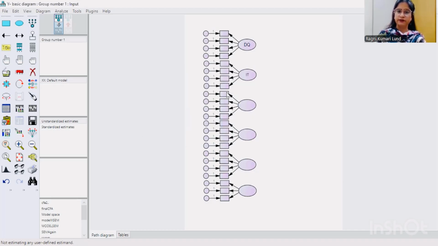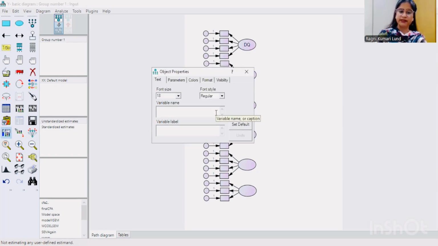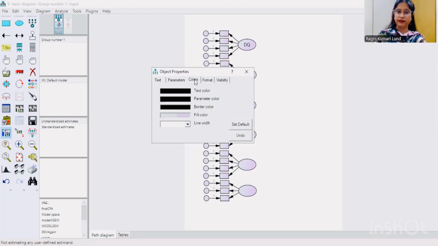Then close and you may see the variable name is shown. This is employee skills, ES. But in this, you can see we have other options too, like font size. If I want to increase this, the shape, which is regular, italic, bold, whichever you may prefer. Then colors, visibility. So we have all these options.